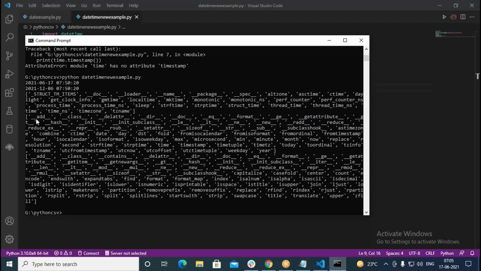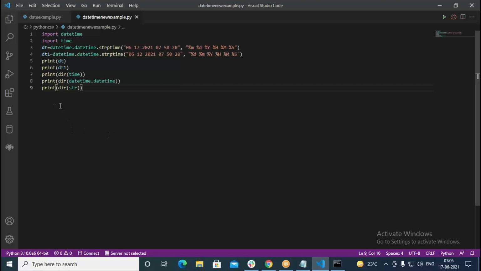How many are we getting in total? It should not say anything like is lower, is upper. Get warnings, set attributes, find format. You're getting those things. So I comment this.